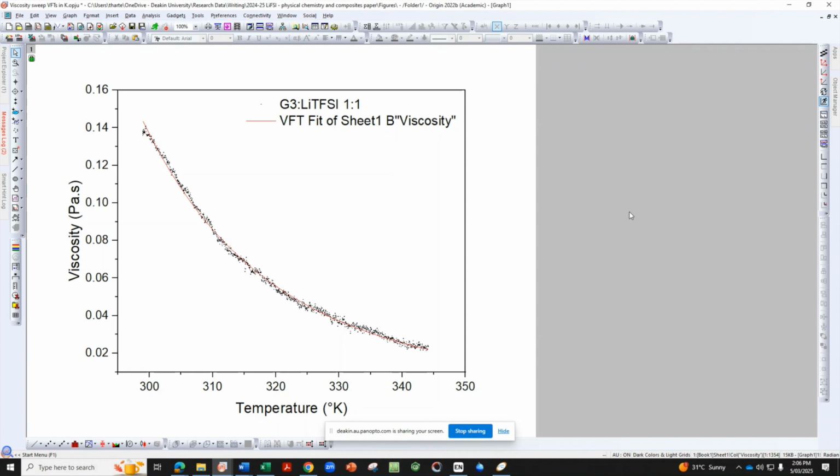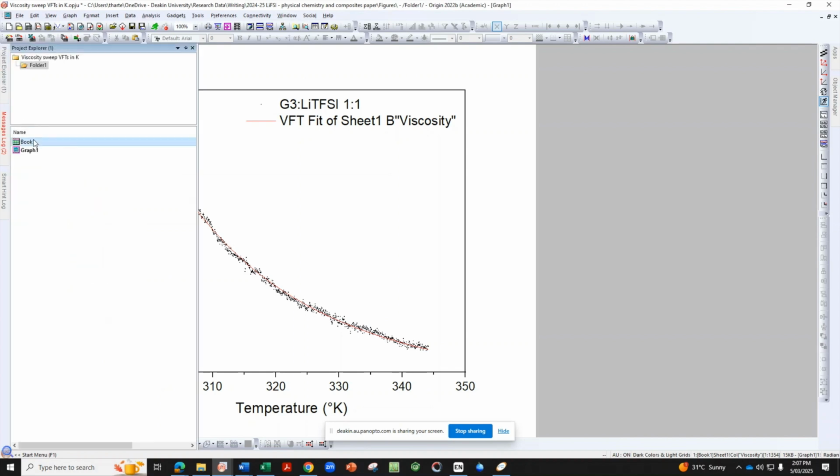Its ability to model these thermally activated processes makes it valuable for optimizing electrolyte formulations and enhancing the performance of energy storage materials. In my work, I fit viscosity data to VFT equations to describe the exponential thermal thinning of viscosity of the electrolytes I work with.